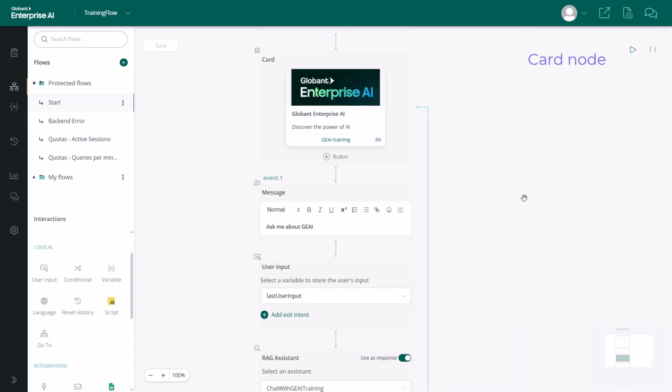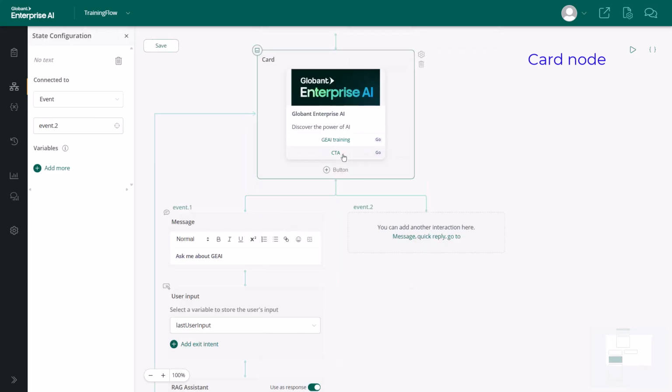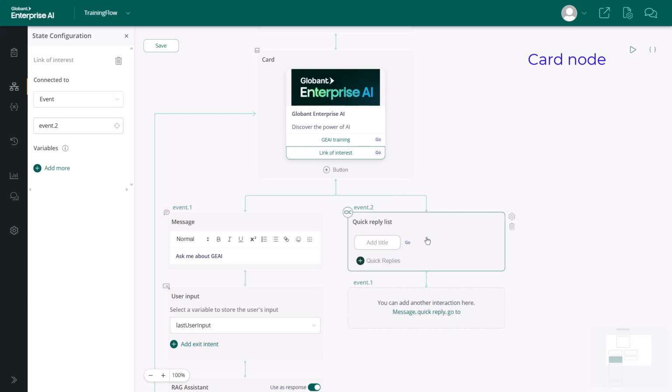Good. Let's now add another button to the card. We enter as title Links of Interest. We choose Quick Reply. Enter GeneXus, and in the menu that is shown, we define that it connects to an